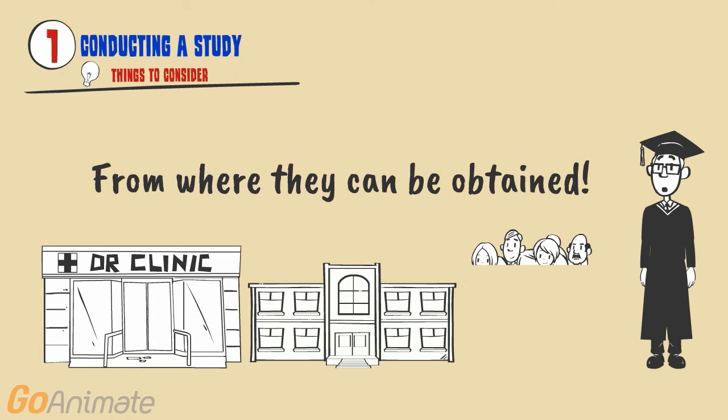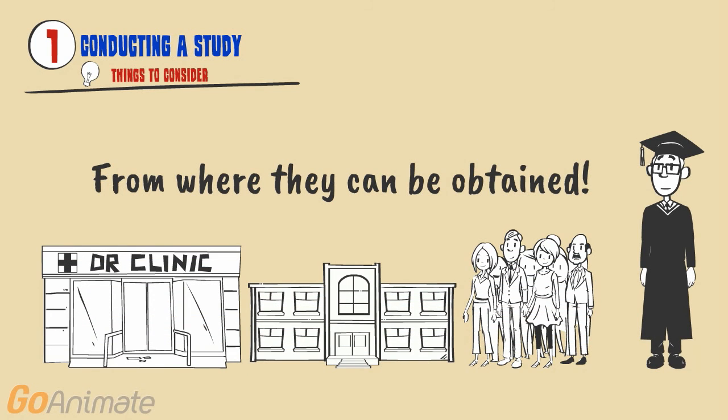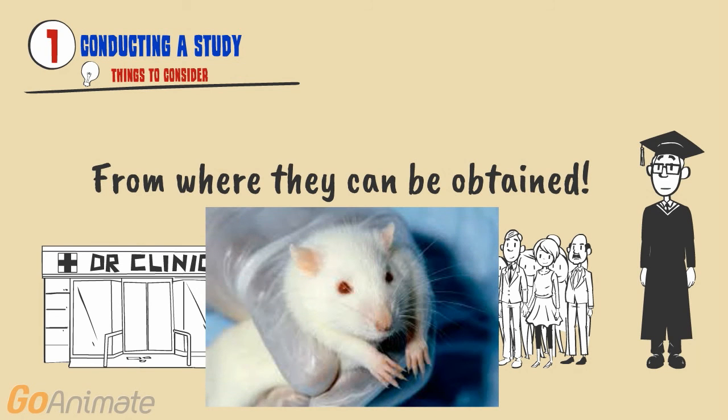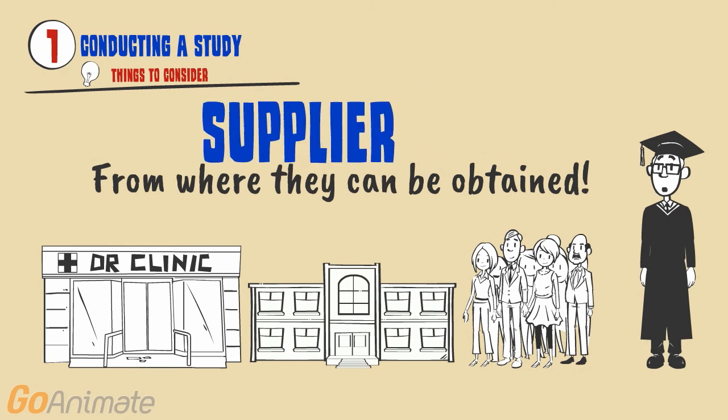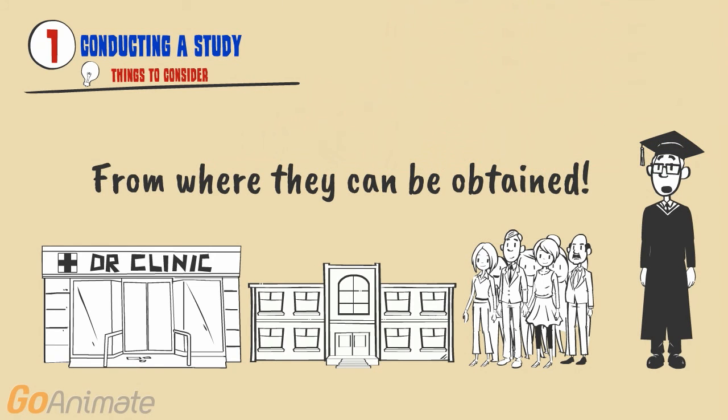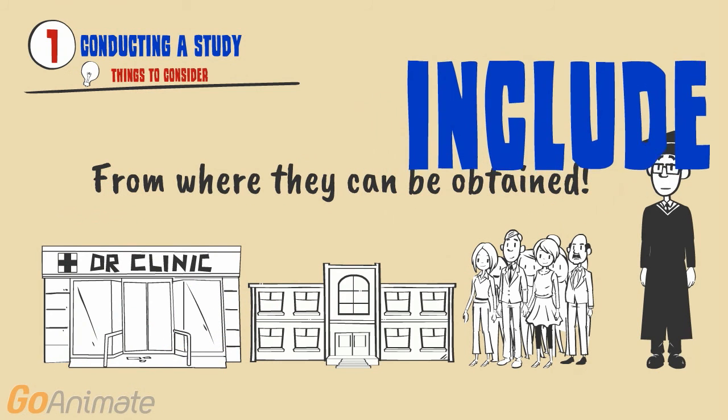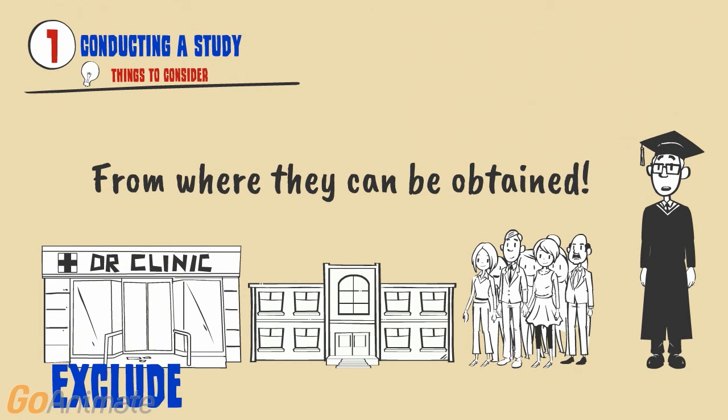Okay, as a researcher, let us assume that you have already determined the type of organism that is suitable for your study. The next question will be, where will you obtain your research subjects from? Researchers who want to use non-human subjects, such as mice, typically select one of three strains: the Long Evans hooded, the Sprague Dawley albino, or the Worcester albino. Sex, age, and the supplier should also be decided by the researcher. If humans are selected as research participants, criteria of whom to include or exclude from the study should also be set by the researcher.